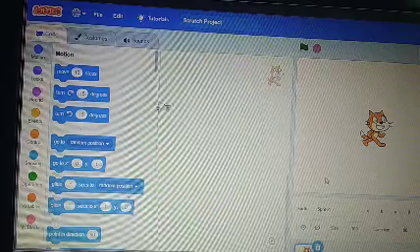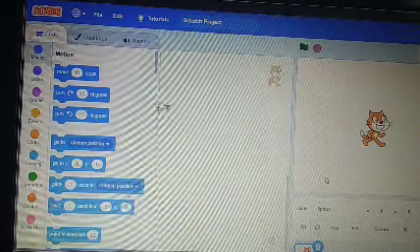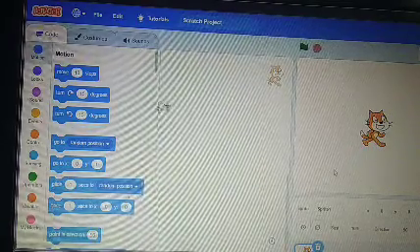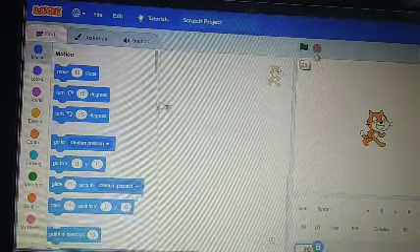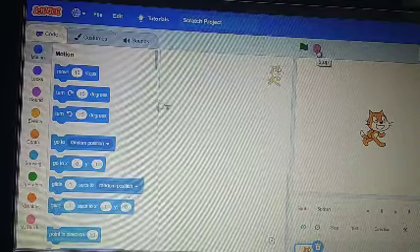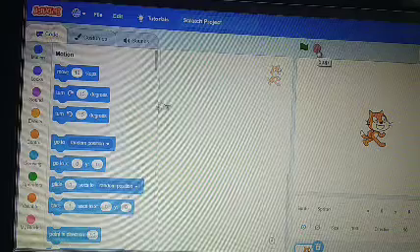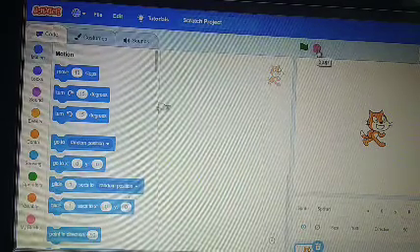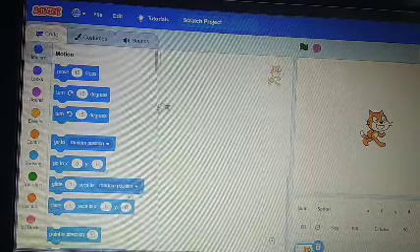In this window there are different components. One by one we will see all these components. Here this is the green flag. This is the stop button. Then, if you want to see your program in full screen, this is for full screen.